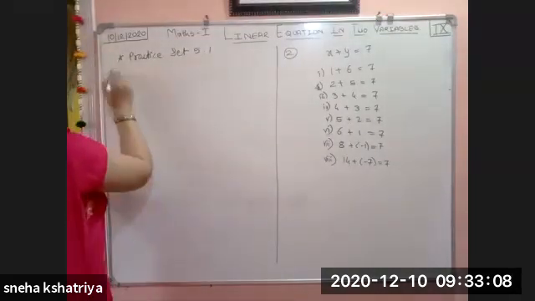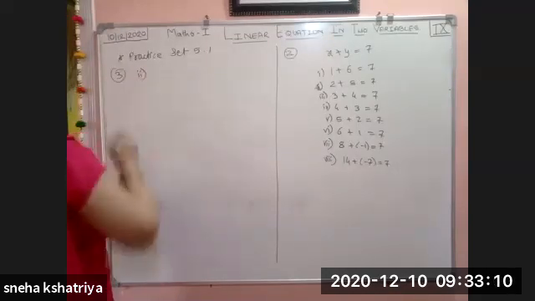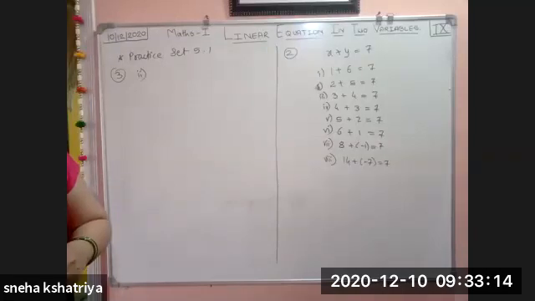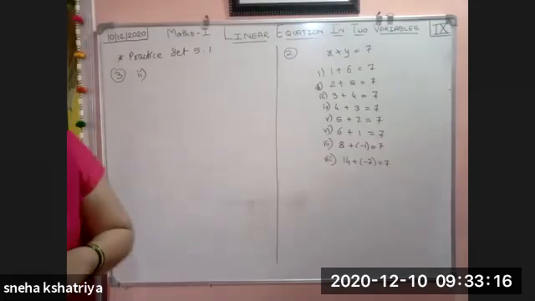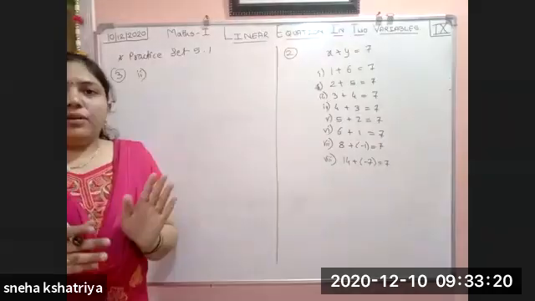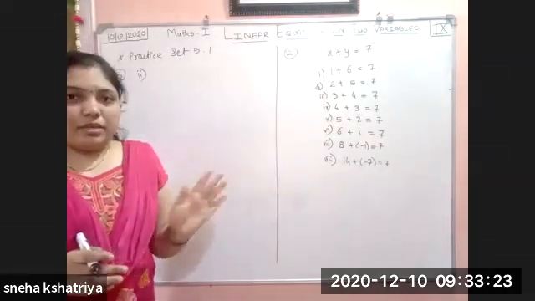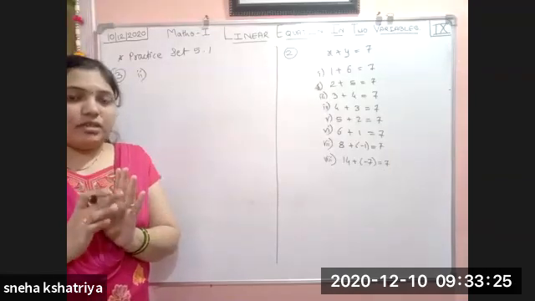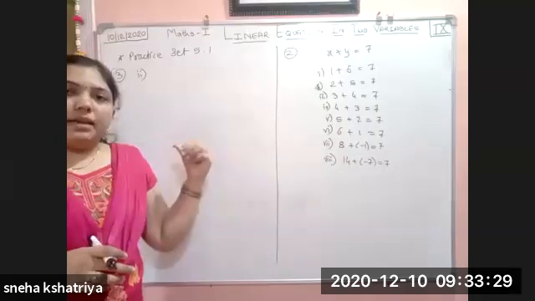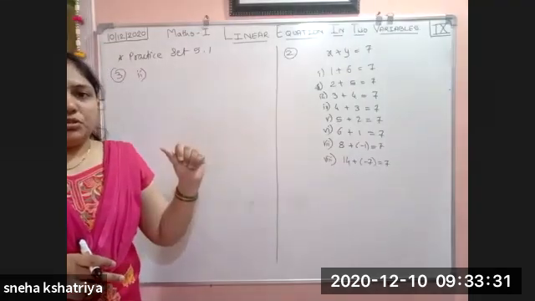So here we will take the third question. In the third question: solve the following sets of simultaneous equations. They have only said to solve the simultaneous equations. By which method they have not mentioned. Means each and every example you have to solve twice, by elimination method also and by substitution method also.